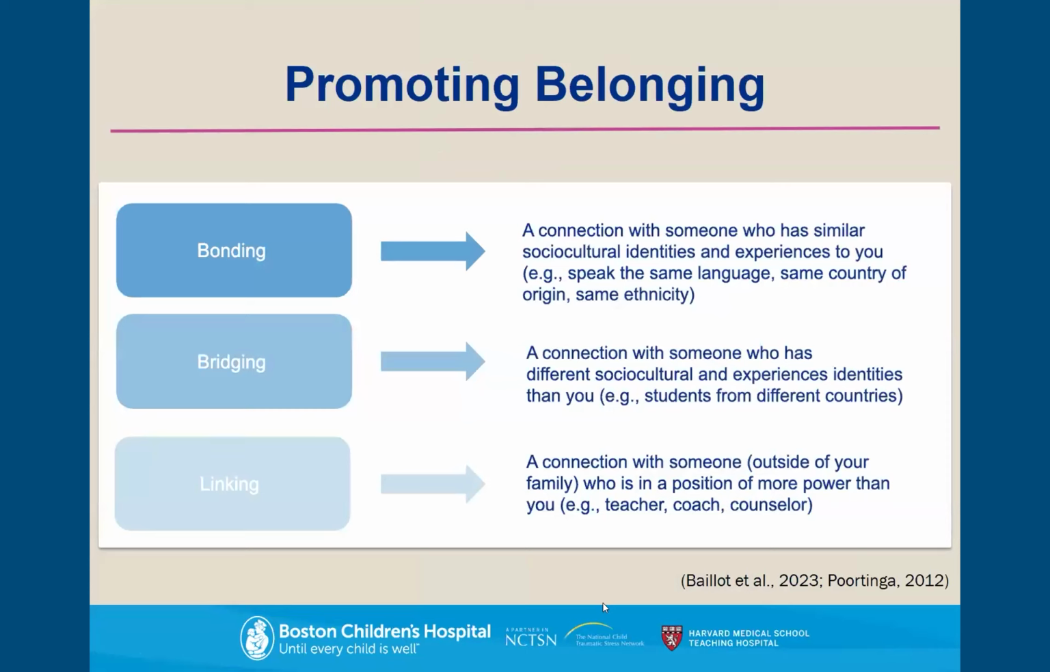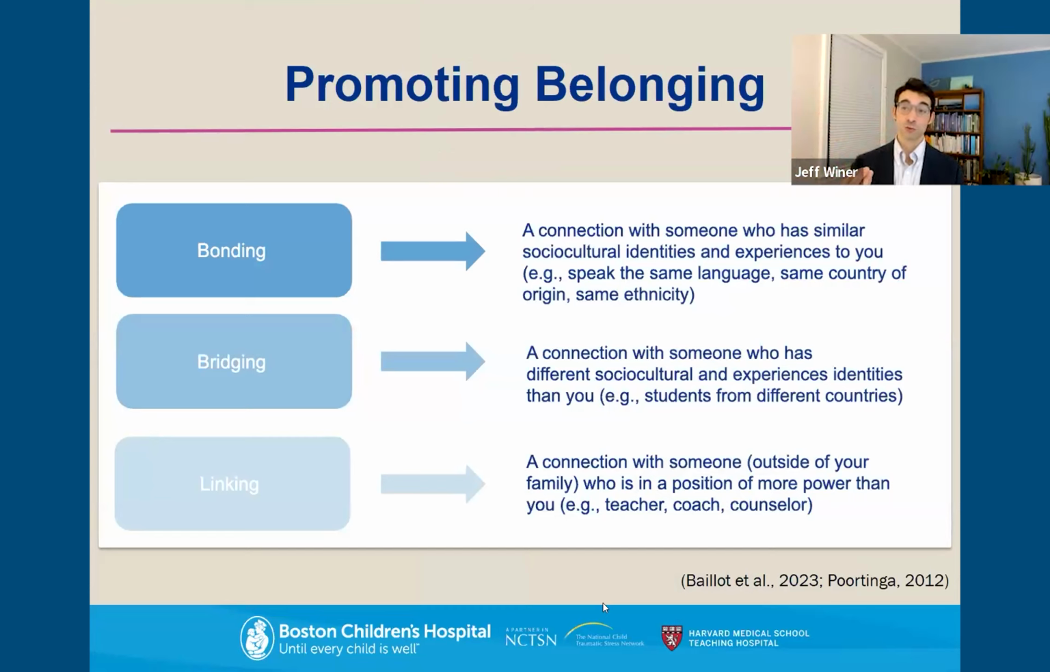So this one is an example for that bonding, bridging, and linking framework, which is a well-established social capital, social connection framework that our group has done some work on. And in particular, when you're thinking about either individual kids or communities of kids within your context, we're often trying to promote all 3 of these domains, although different kids have different strengths and vulnerabilities in terms of what's higher and what's lower. So you can think of each of these as being on a scale